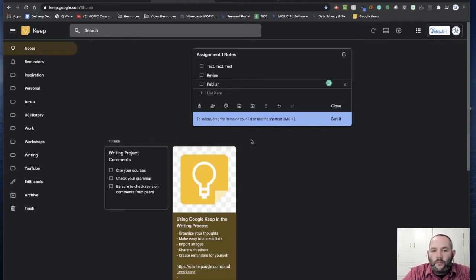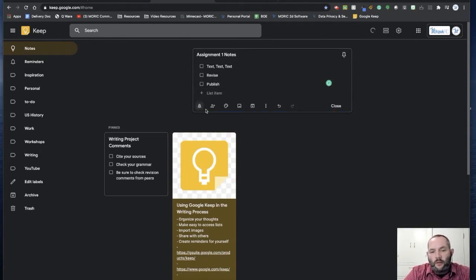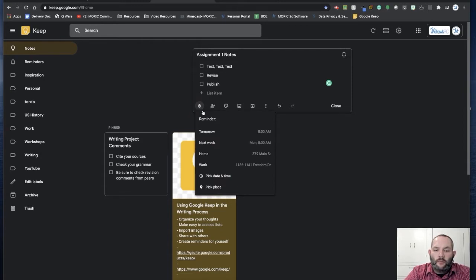You'll notice also when I started to type into the note, I got some more options along the bottom of the note here. The first one is to remind me. If you're creating, for example, a to-do list here in Keep, you can create a reminder which will remind you at any given time that you'd like to program. You can also tell it to remind you when you get to a specific location. So let's say you want it to remind you when you get to work that you have to go and visit your principal. You can say, remind me at work, as long as you've entered that into your Google Maps. You may have to enter that manually if it's not there.